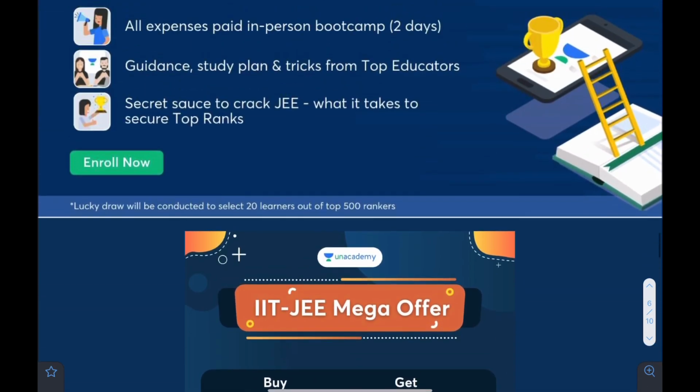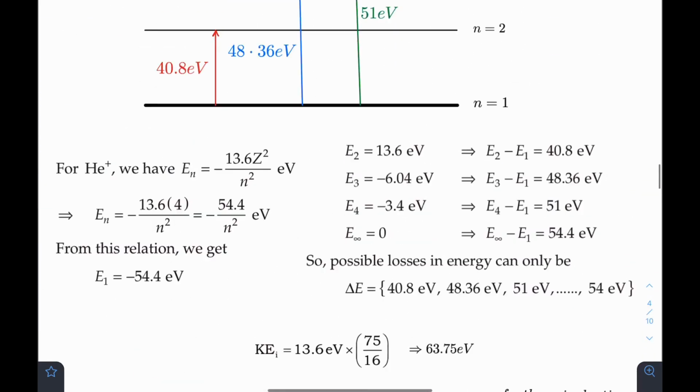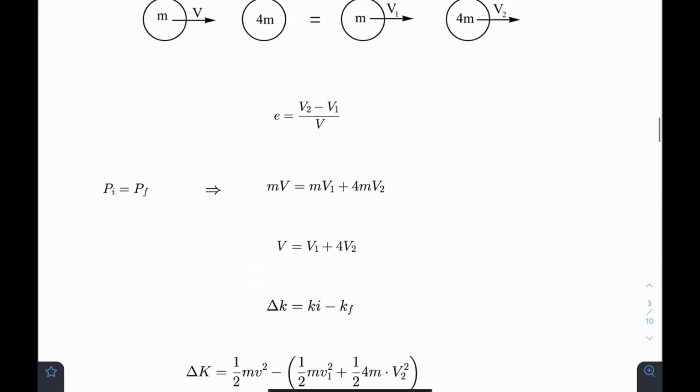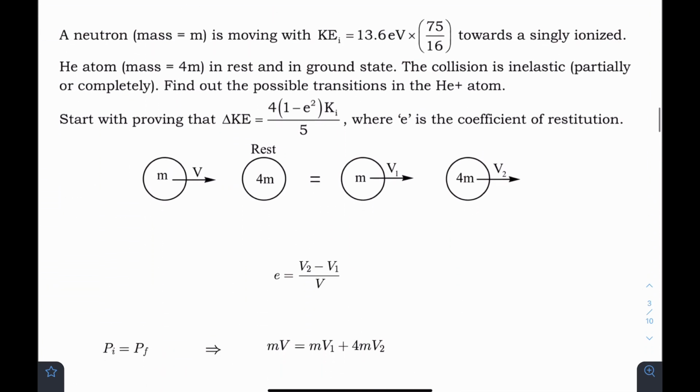So I hope guys you have enjoyed this video, because such problems are quite tricky, and normally students find them very difficult. I don't know why, but they are very straightforward problems on atomic collision, and have been asked in the past in JEE Advanced exams. So it's very likely that in future also such problems will have great relevance, in my opinion.